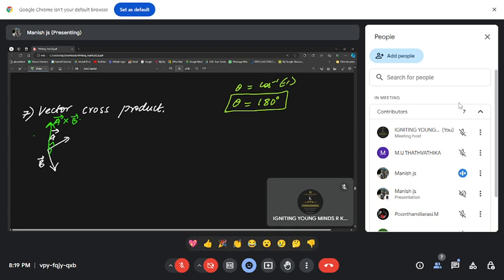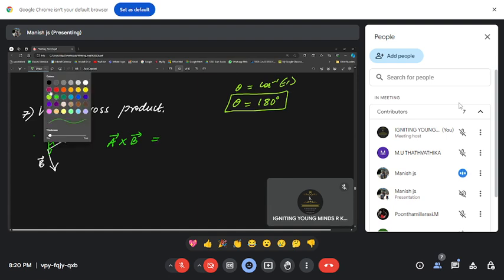Okay, so a vector cross product of two vectors A and B is defined as the vector which is mutually perpendicular to A and B, and it is directed along the axis perpendicular to the plane containing both the vectors A and B, and that is how the vector cross product is determined. So let us see what is the formula for vector cross product. If I say vector A cross vector B, how do I calculate the cross product of these two vectors? Okay, let us see that.